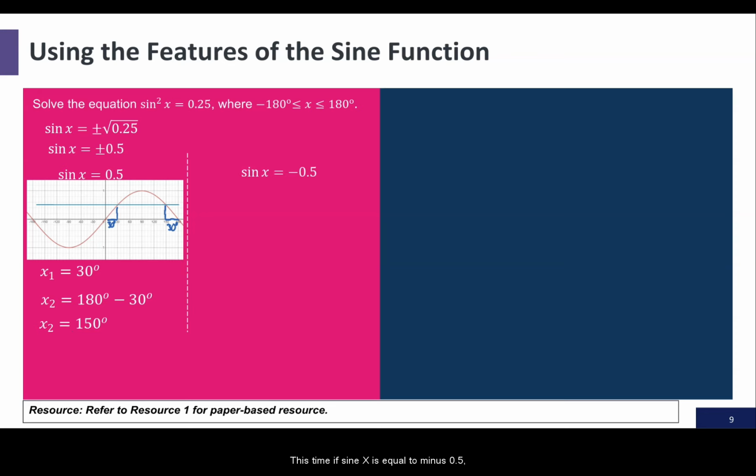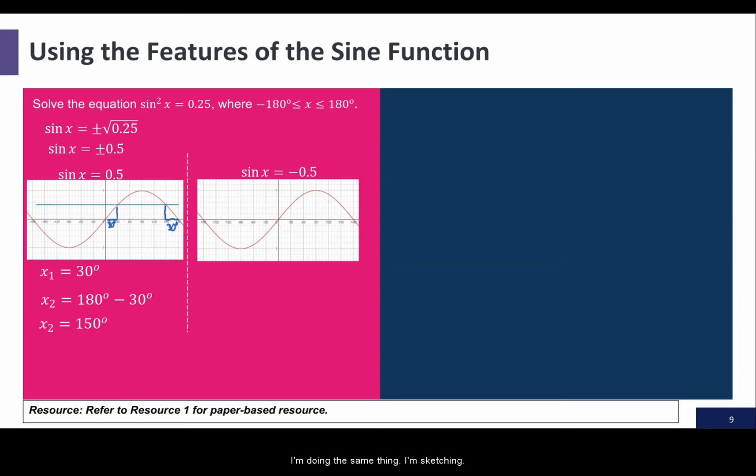This time, if sine x is equal to minus 0.5, I'm doing the same thing. I'm sketching, and there is minus 0.5. And you can see two solutions, there and there. The first solution I take from my calculator. I write inverse sine